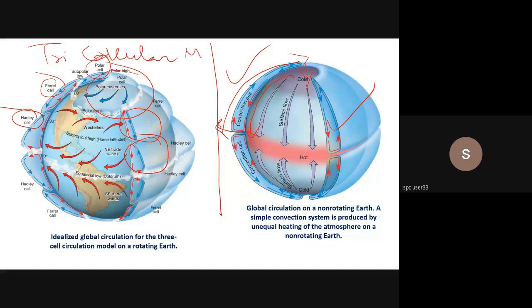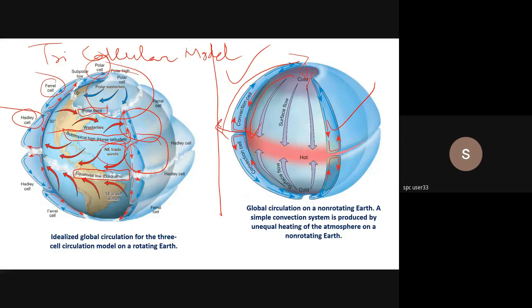Again, as I said, things are not as easy as we see them in diagrams as far as climatology is concerned. The most simplified versions of them are made available to us. But let us go on with that. Now, you have winds that you can see here. You have the trade winds. Okay, this is the equatorial doldrums. Okay, you have subtropical high latitudes, and then you have the polar front.